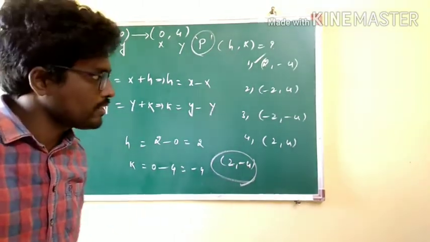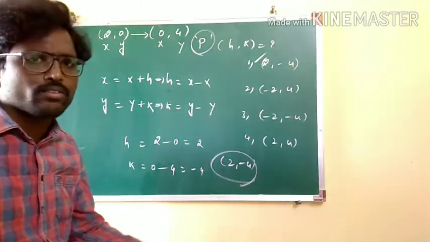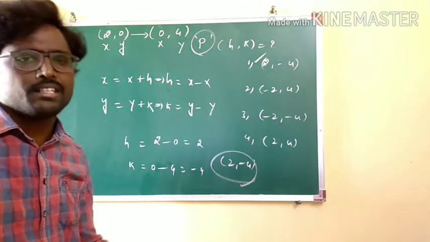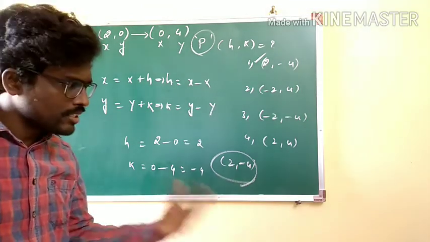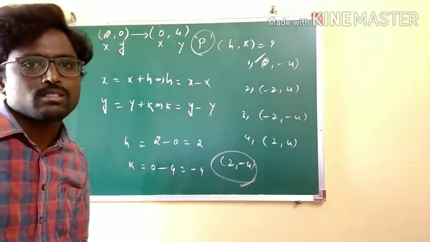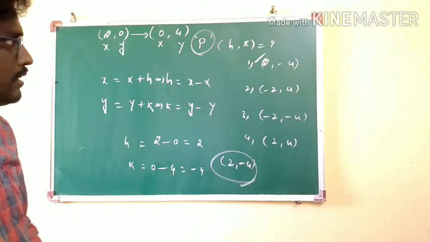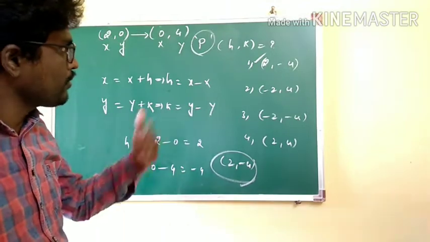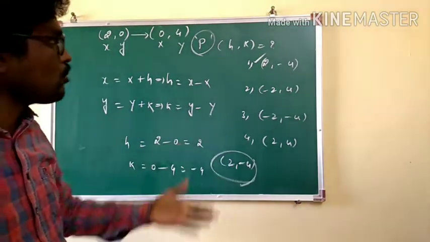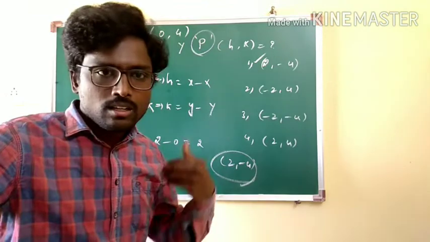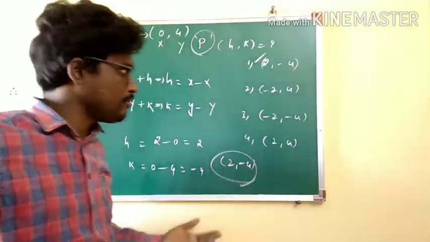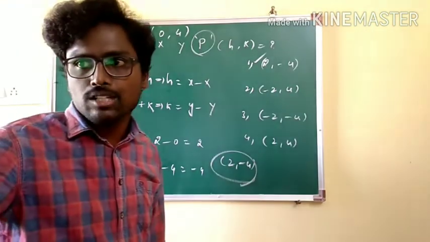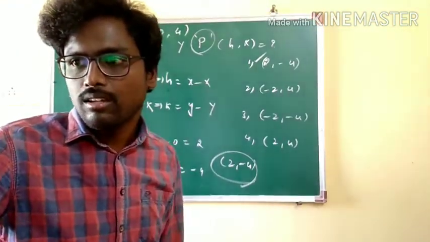See how nicely the question is framed here. Very basic questions, all these, not so difficult. In CBSE it has no special weightage, but this concept will be used in some other chapters of coordinate geometry. That's the reason I am discussing this. Here in the problem, we are given the old coordinates as well as the new coordinates, and asked to calculate which point the origin is shifted to. That's the reason I have made this object (h, k), and hence we have obtained (2, -4). That is the first option. Fine.